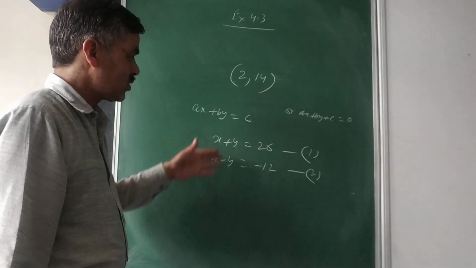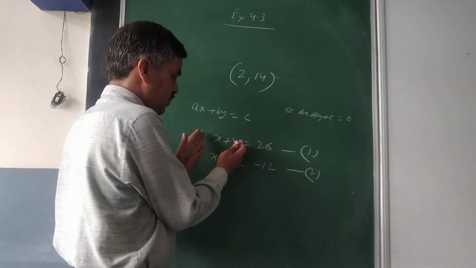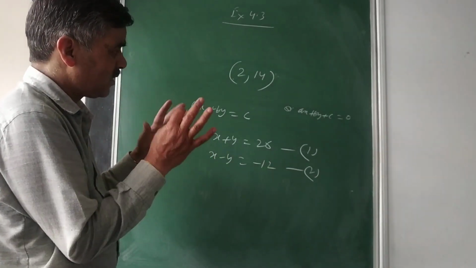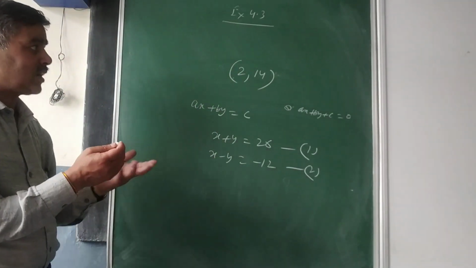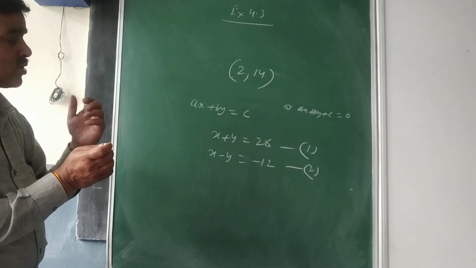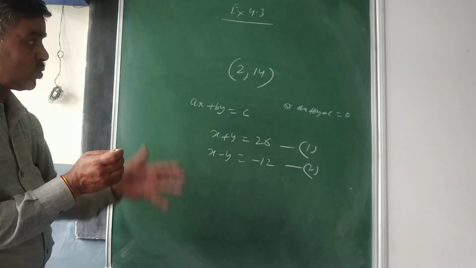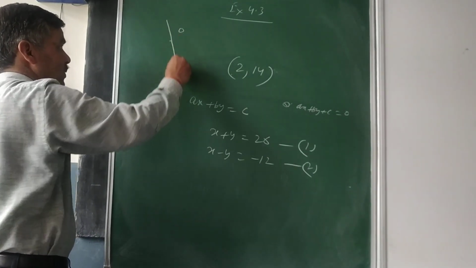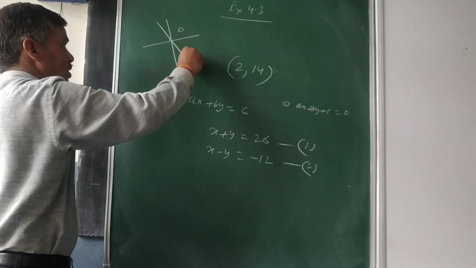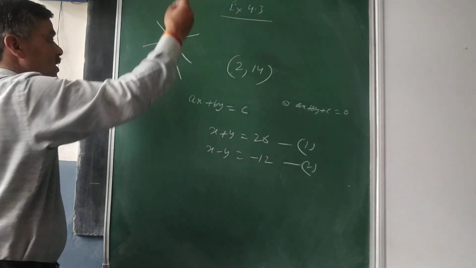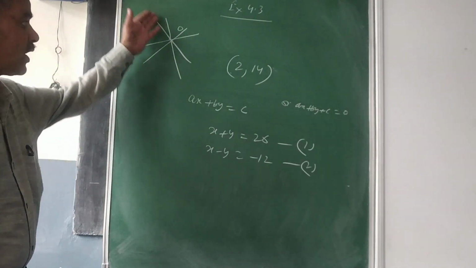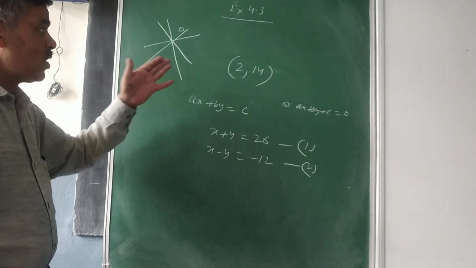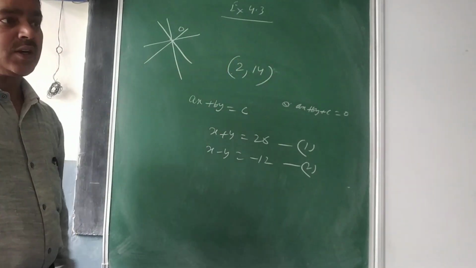So 2 equations is asking, one you can write in terms of x plus y, one you can write in terms of x minus y. Otherwise, I said infinite possibilities are there. So infinite lines can pass through a common point. If I have marked here, this will be the answer for the second. You see, from a single point, how many lines at a time can pass through? Infinite lines can pass through. If infinite lines can pass through, I can form infinite equations also.